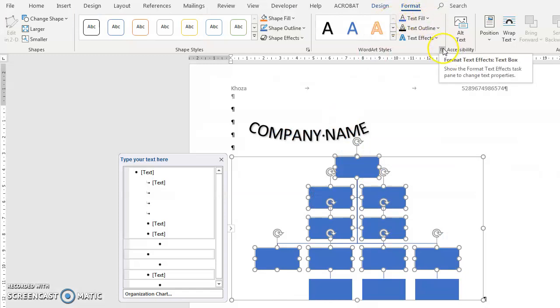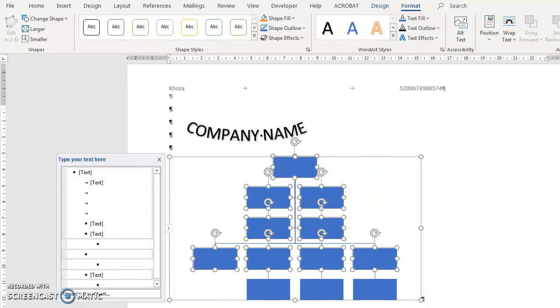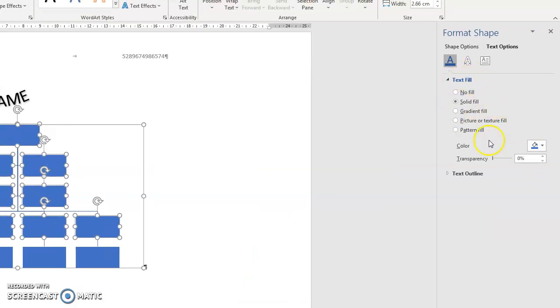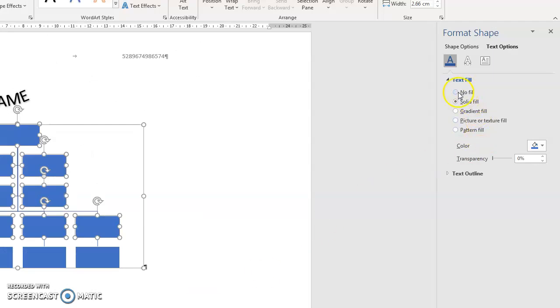You can just go to text fill, then they say gradient lines, and then you can just go to more gradient lines. And then when you select more gradient lines, it's going to give you this. Let's say text fill, they say gradient lines, no gradient lines, no fill, and then no gradient lines. That's all they say. So that's what you say. You say no fill,